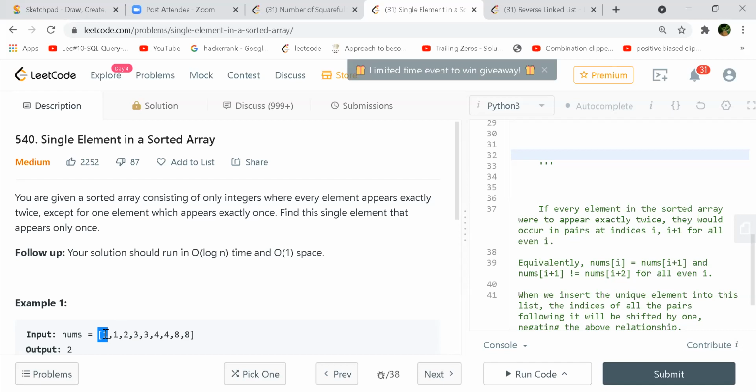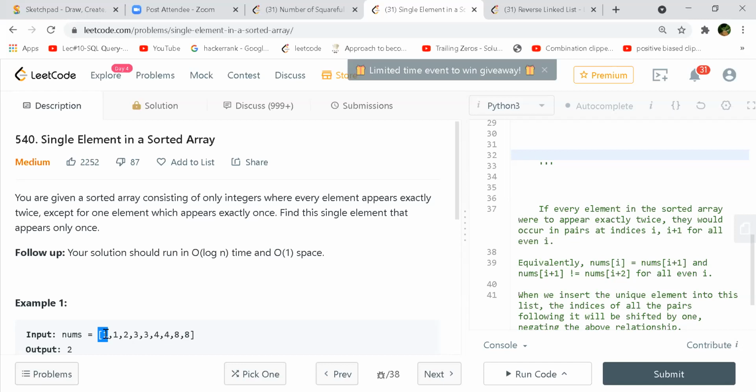Yeah. So coming to binary search, I couldn't first think of binary search until I just saw this log of n. I just thought of something. So we can play with the sizes here, right? Because the odd one out element would make the size of the segment odd, right?